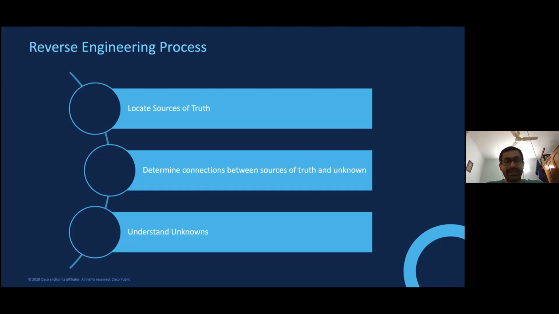So the first is to locate the sources of truth. When you are given a binary and analyzing the functions, you determine what the possible sources of information are that you can get from the code itself. It can be any string that can be helpful, or any print statement which the system outputs to the end user. Maybe you just parse those and see if they can help you in analyzing the